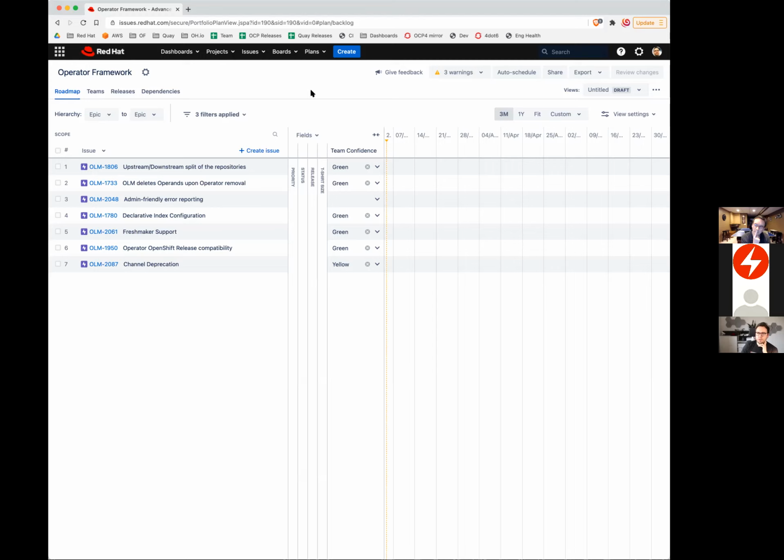So it's really just an in-between step to give our own internal pipelines some time to adjust, because the declarative index is obviously a central change in philosophy of how we treat and build catalogs. So if you have built your pipeline around the idea that you have an image and that you are incrementally adding to this image with OPM index add commands, that idea is going to be deprecated with the declarative index, right?